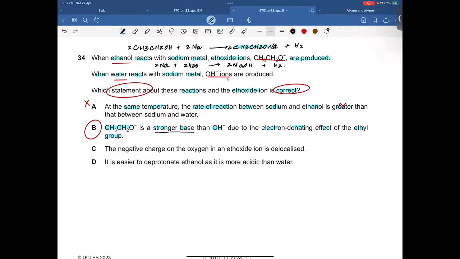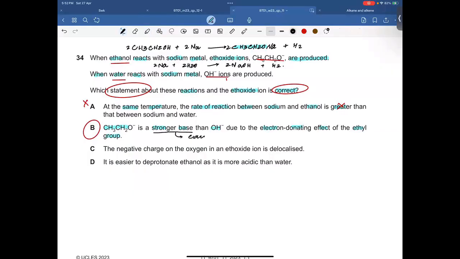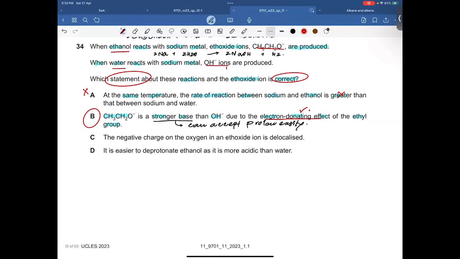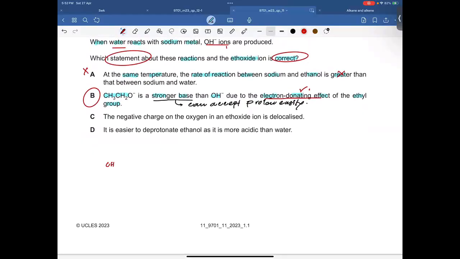This is a stronger base, okay? And a stronger base means it can accept a proton easily. Why is it accepting a proton easily? Because it has an electron donating group. It has an electron donating effect, and because of that, the lone pair on the oxygen atom is easily available for protonation, right? Let me explain it. This is CH3. This is CH2. This is O negative. Now this oxygen has a lone pair also. Now this CH3CH2